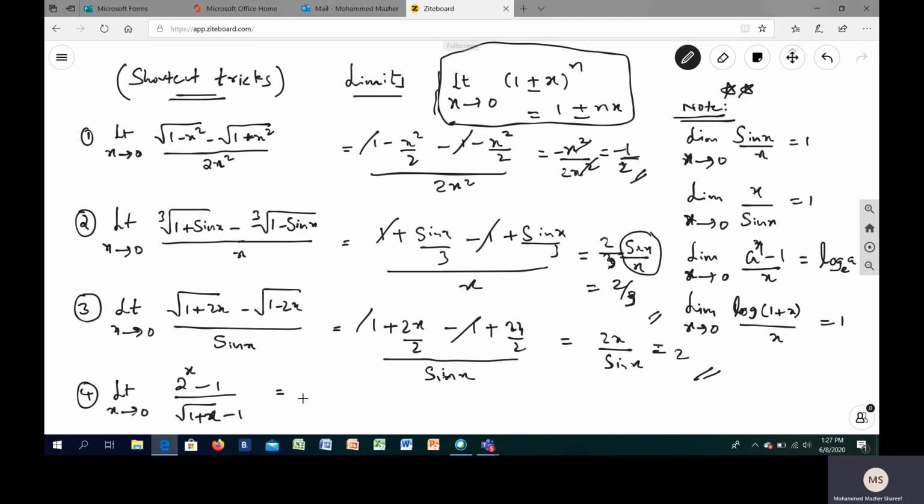Now, how to do this particular question when we have the power? Similarly, work it out. You will have to apply this scenario as limit x tends to 0. Write the numerator intact. Just work out this one. It will give you x by 2 minus 1. Minus 1 plus 1 goes out. Remember, we are expanding the root terms with the property. Now this by 2 will be the reciprocal, and you end up getting 2 raised to x minus 1 by x. If you look carefully, this is of the form which is log a, and here a is 2. So basically I am getting the answer 2 log 2 to the base e.